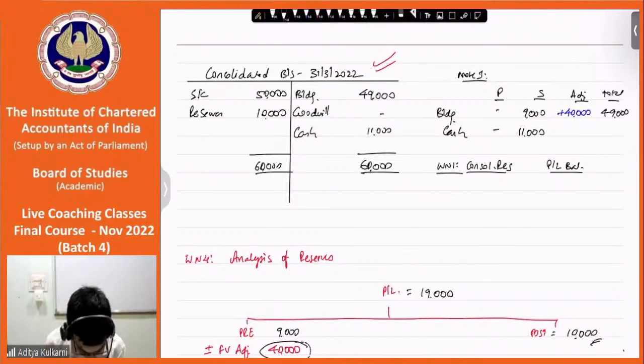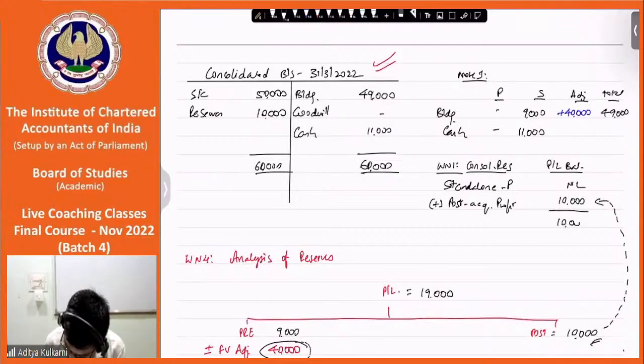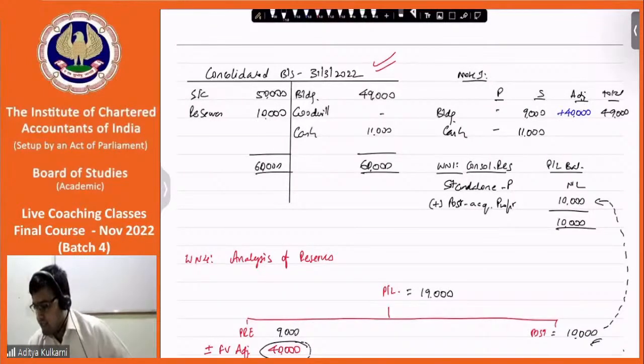Okay, I'm just writing the data. Standalone P was 0 and post acquisition profits, which is this 10,000. Yes, depreciation taken as pre. Exactly. Okay. Now see,